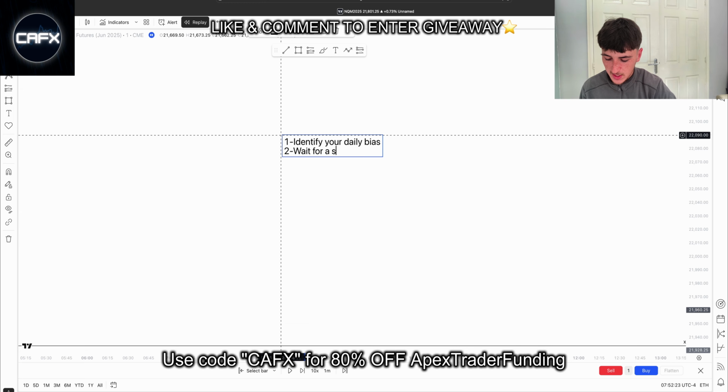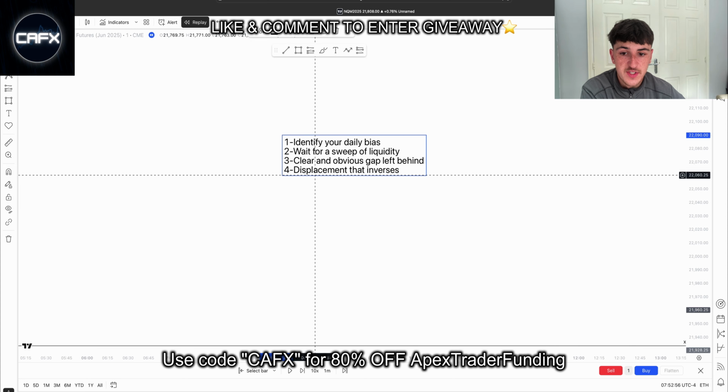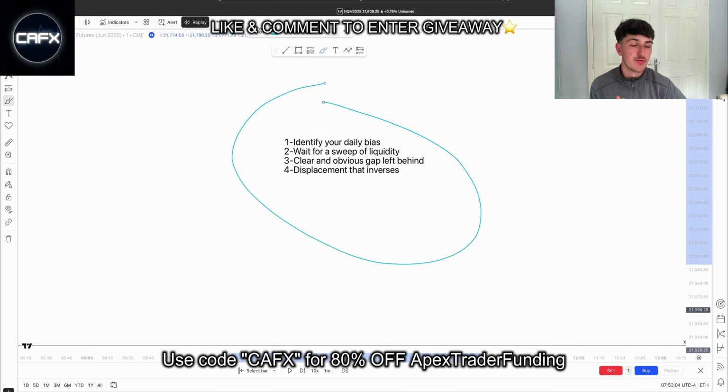So you want to see a clear and obvious sweep of liquidity in the opposite direction. Once you've got your sweep of liquidity, that's where you want to see a clear and obvious gap left behind. So the fourth and final step is displacement that inverses that bearish gap or bullish gap that we left behind. Now this is simply one of the easiest trading models you can possibly use right now,